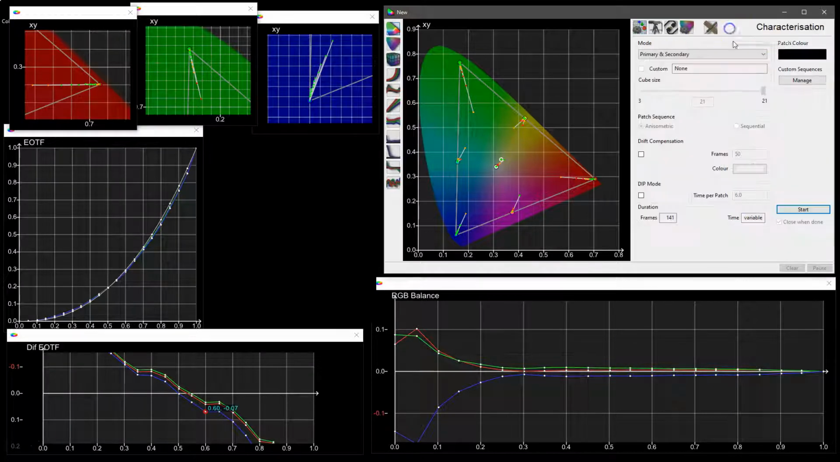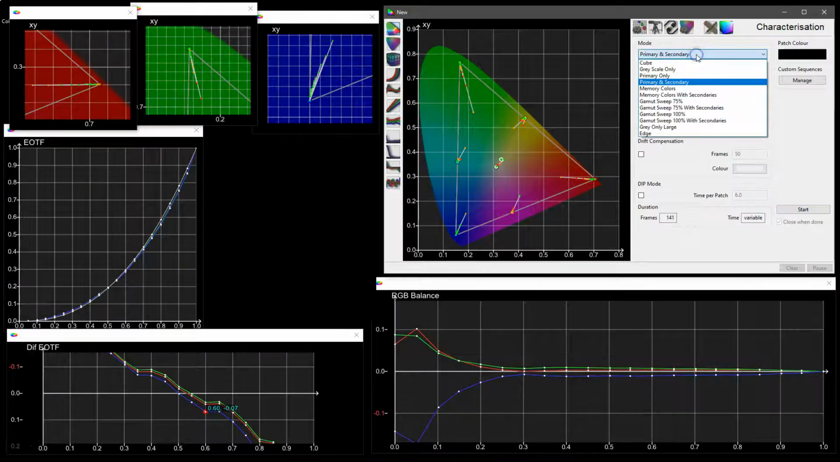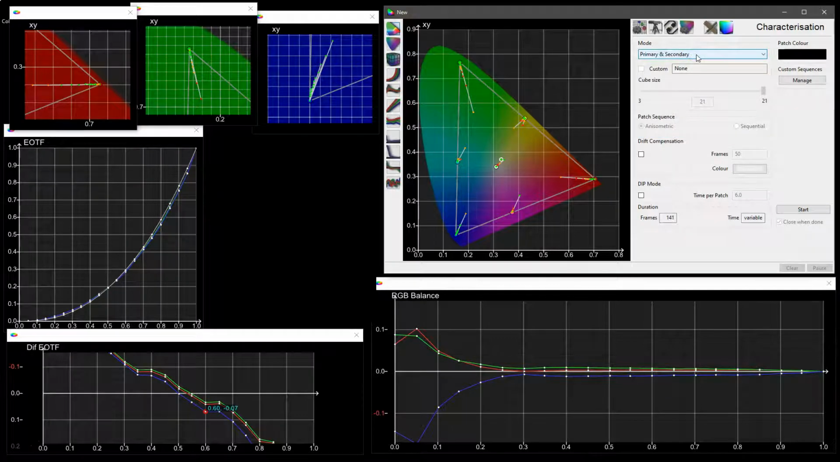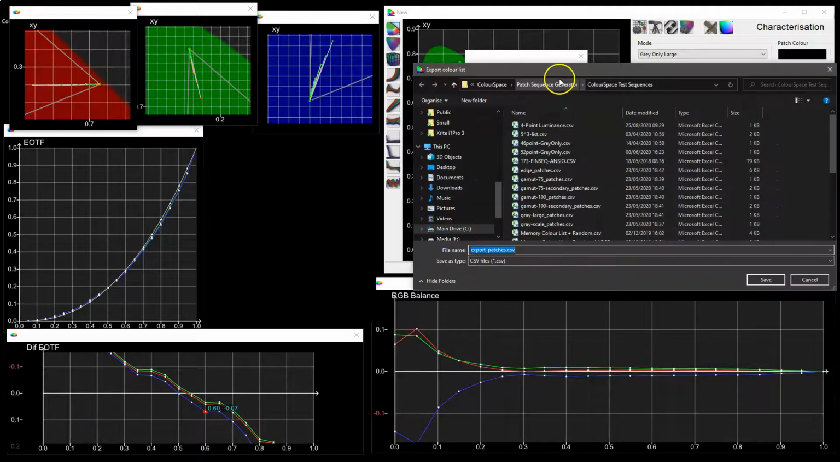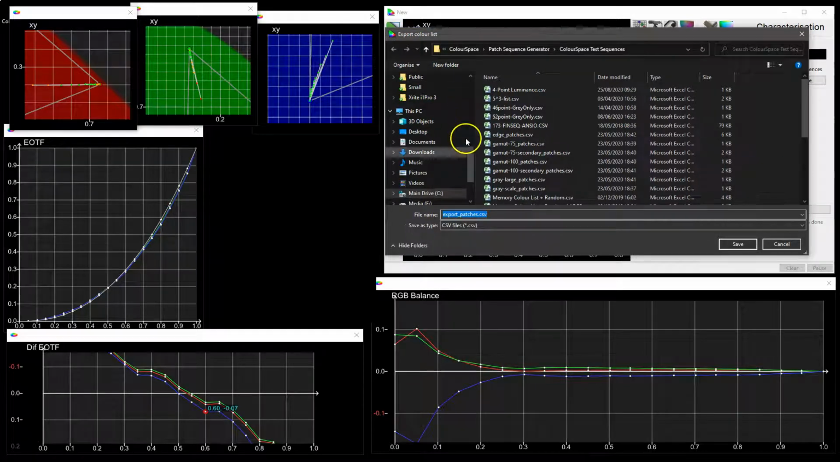That's all well and good using a preset patch sequence, but we can do that with something that is, let's say, user generated. So if we wanted to add more information into the grayscale, for example, we do have a grey only large profile within ColourSpace, but we can actually use manage to choose a different sequence of our own design. We can export the sequence, so for example we've got grey only large here, and if we export that onto the desktop,